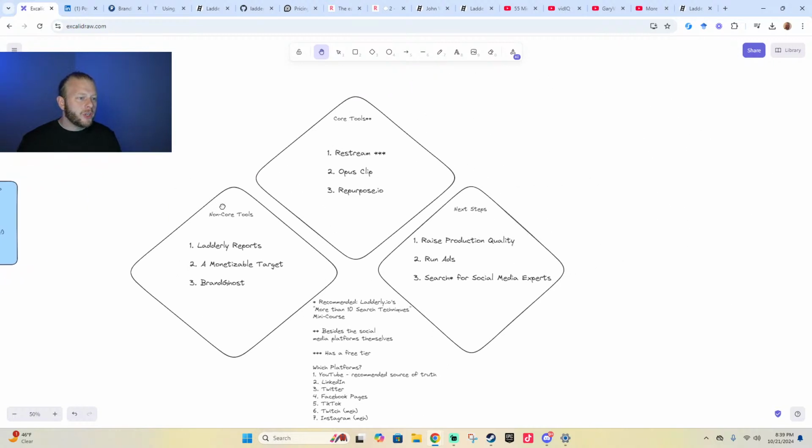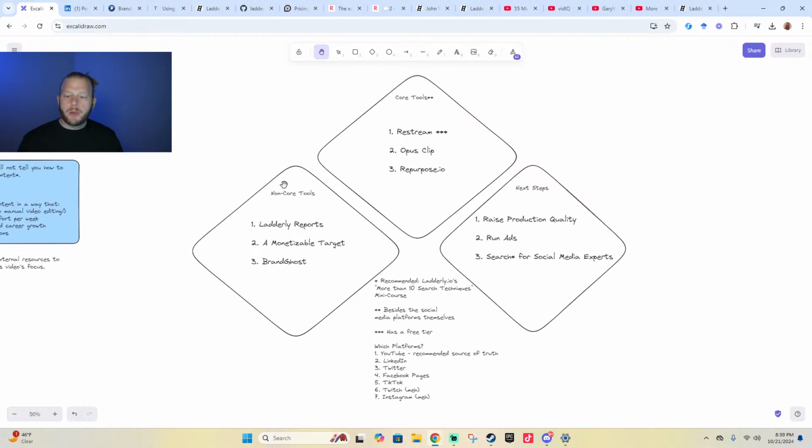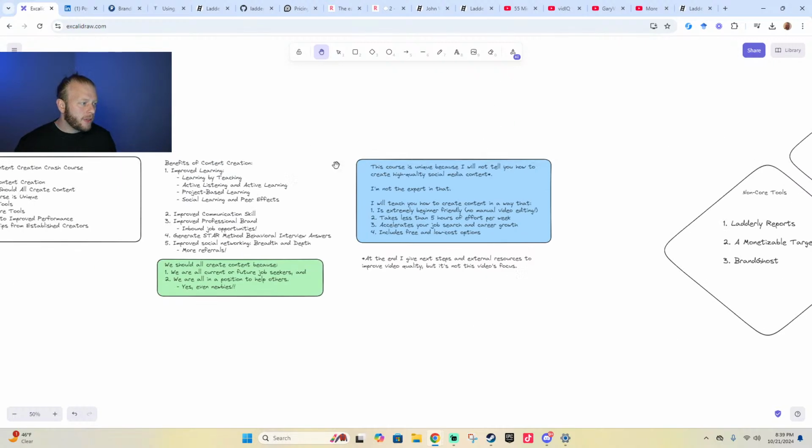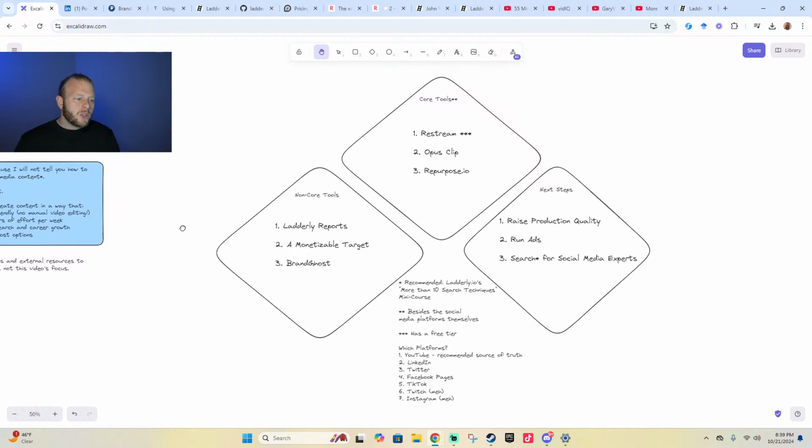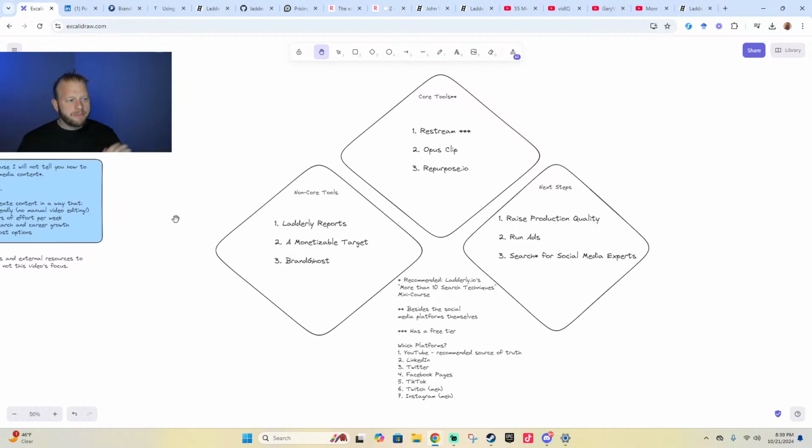Okay, without further ado, here's the big 3x3, the meat and potatoes of the video. Please don't just read the bullet points and then log off. I'm going to say a bit about each of these. And in addition, after we get through these, there is one more section of the video. Just to remind you, I'll scroll back. There's one more section, 4 other tips from established creators. You don't want to miss that. So while this is the meat and potatoes of the video, this sort of triangle diagram, there's going to be more.